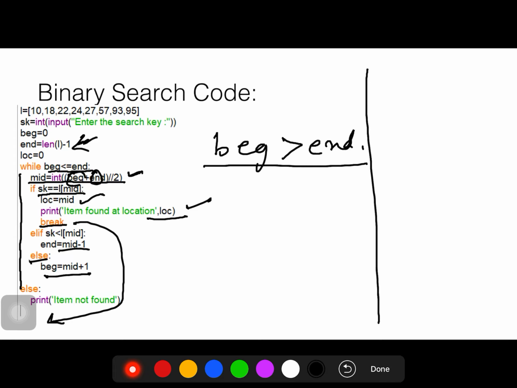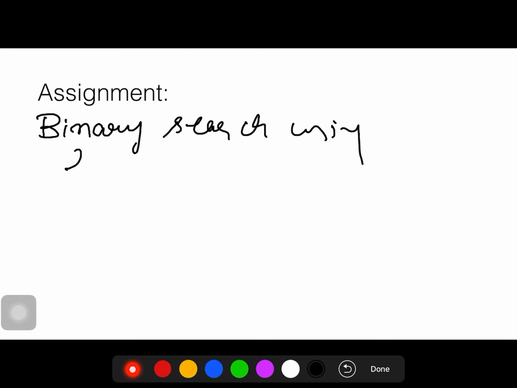I think you have understood what binary search is. If you have any doubt, you can share it with me through any medium. And now I am giving you the assignment to write code of binary search using functions.